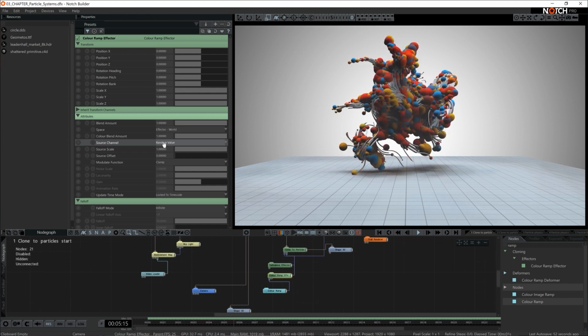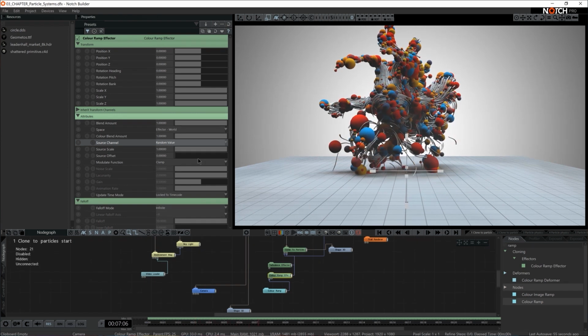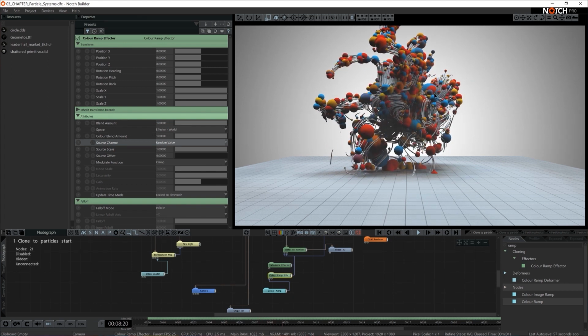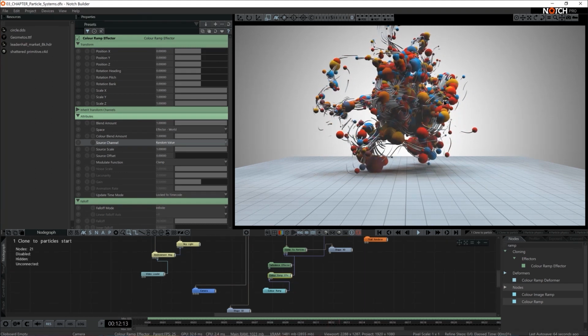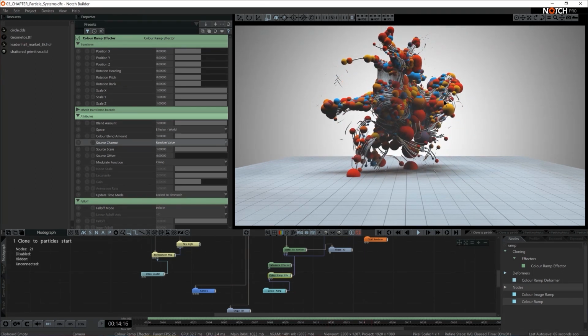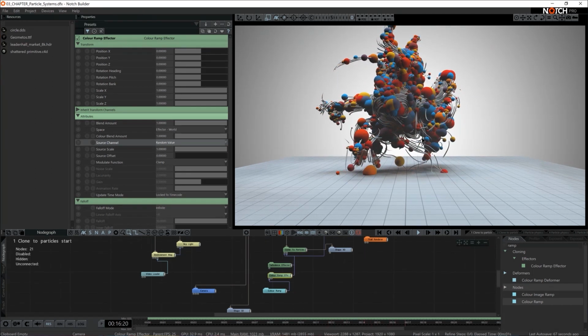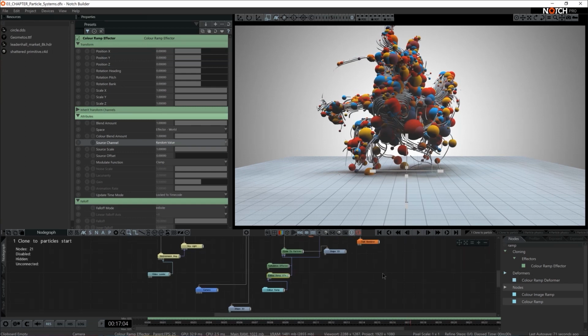And there we are. Now we have clones. They're colored in various colors and they are oscillating in scale, and we can definitely add more and more effectors to make this more intricate, more interesting. I think one more thing that I definitely would like to do here